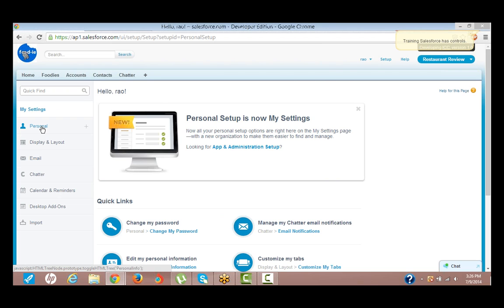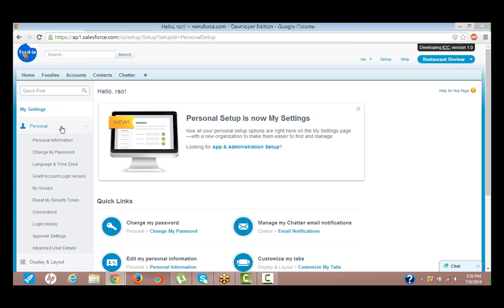Yeah, now there is an option of grant access permissions. Can you click on the box? Can you click on personal? Yeah.